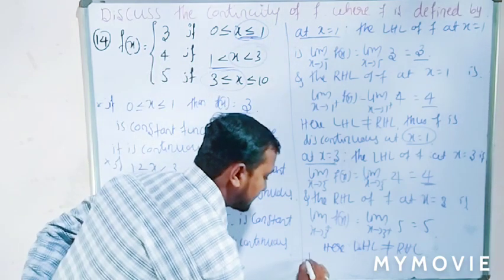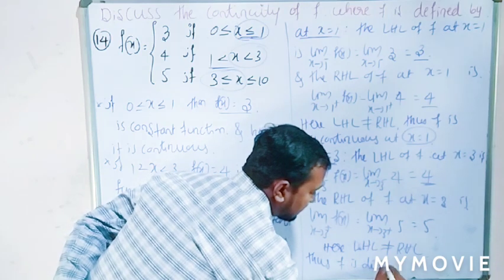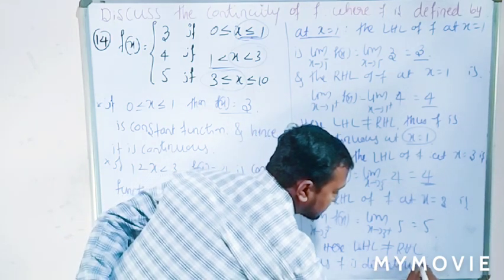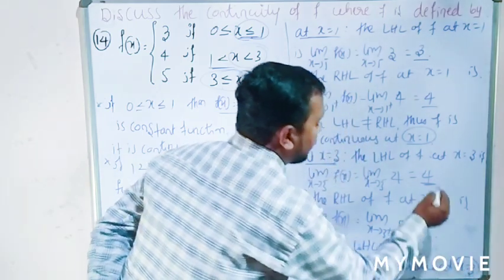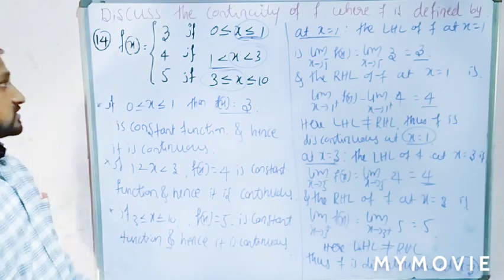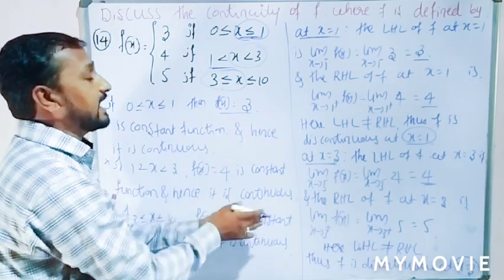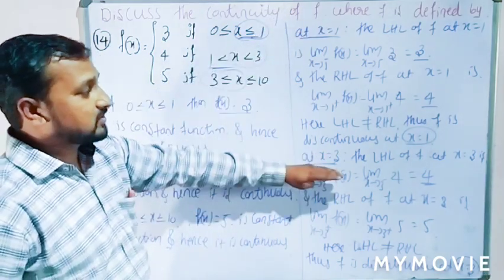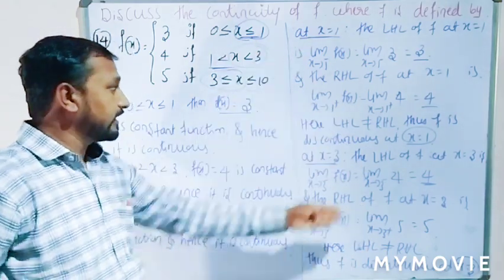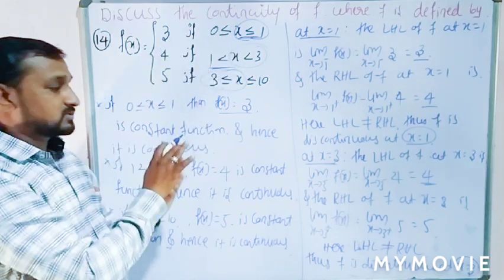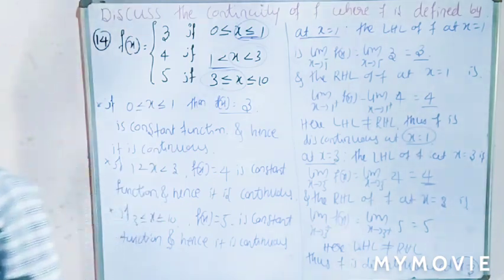Thus f is discontinuous at the points x equal to 3 and x equal to 1. See that? In the standard condition, piecewise the function is continuous, and at x equal to 1 and at x equal to 3 the function is discontinuous. Is that clear? So this is the way to solve this type of example. Please read carefully, then the remaining two examples are there. Write out this example, students.